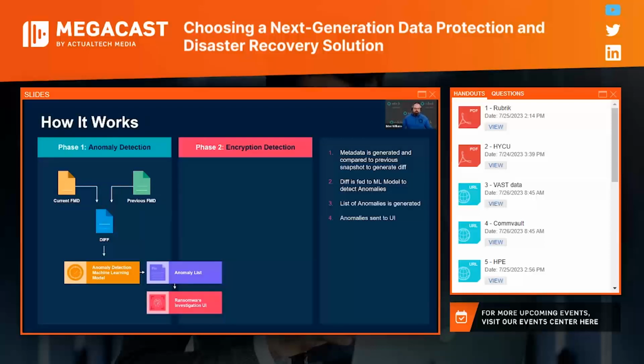Now, those anomalies are immediately reported to the Ransomware Investigation UI, and alerts are sent out if those are configured. The anomaly itself is not a critical alert, and there are no thresholds you need to set. You can get reported on if you want to, because you can configure different levels of reporting. But ultimately, if we detect just an anomaly, it's not a critical alert. We save that for if it matches both phase 1 and phase 2, which I'll get to in a second. So the anomalous files within the backup are then queued for an entropy scan.